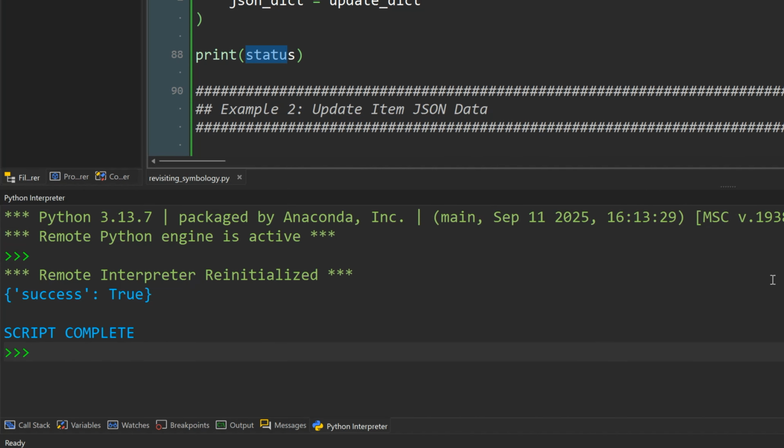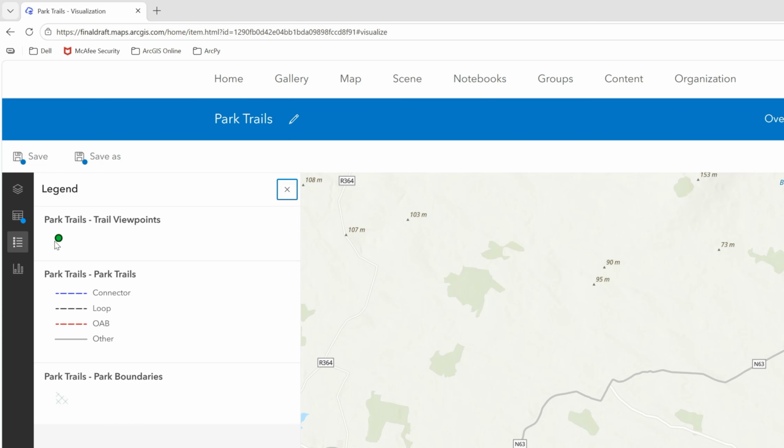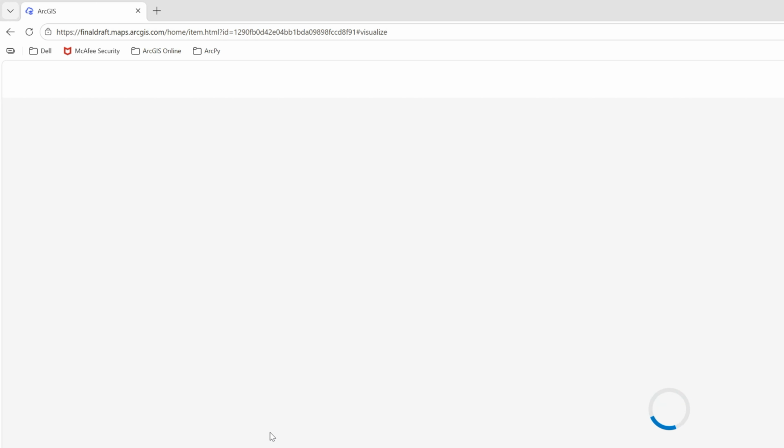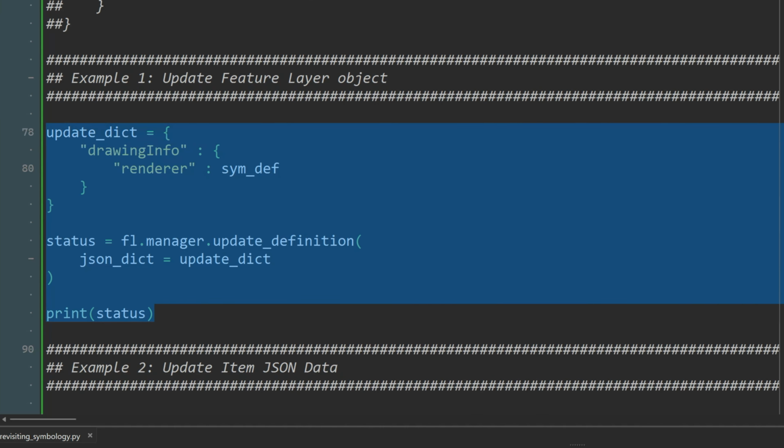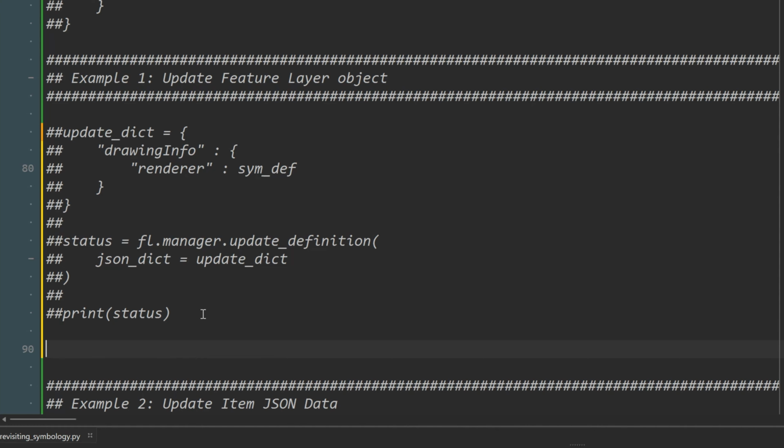Our script is complete. I'm going to head on over to ArcGIS Online. You can see the current green circle here with the darker green outline. I'm going to refresh the map. And we can see that the symbology has not been altered, but it actually has been altered in the feature layer properties. If we head back over to our Python script, let me just comment out here